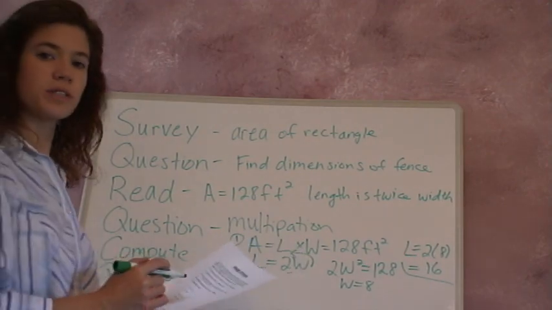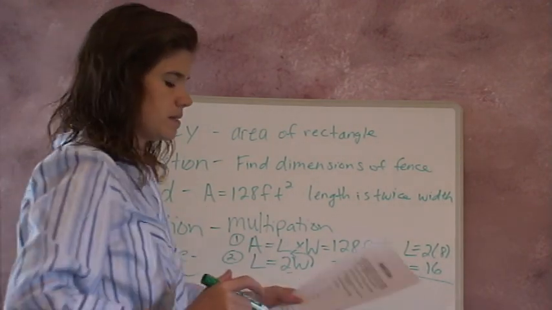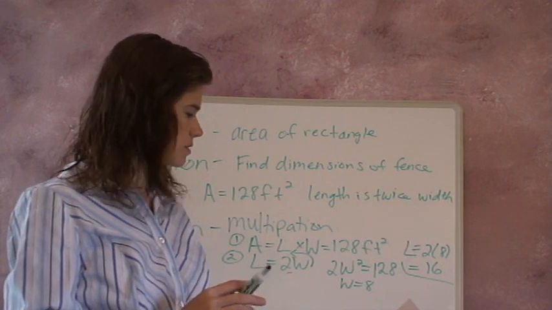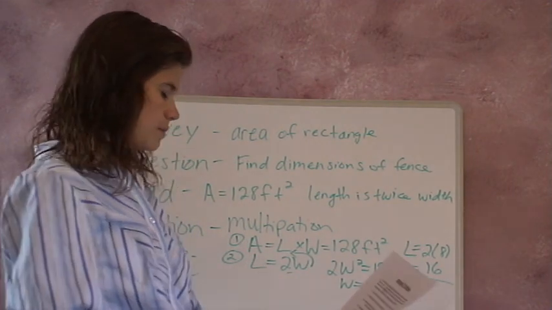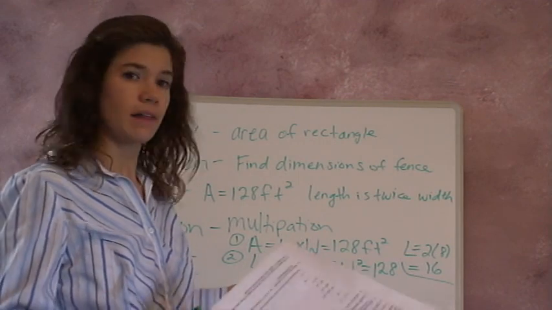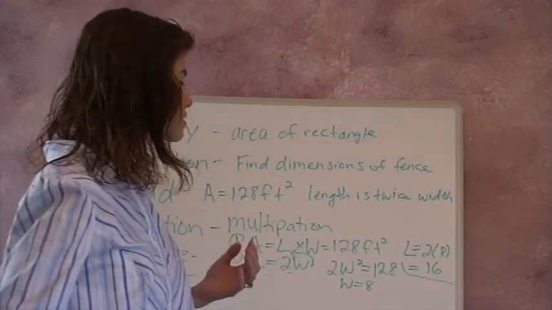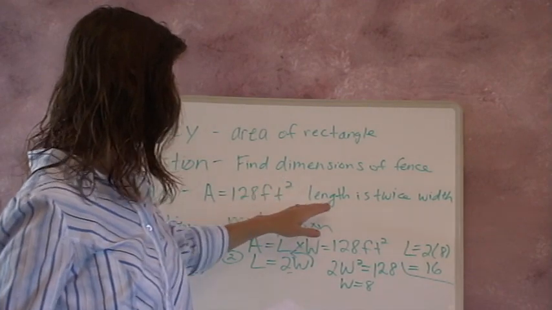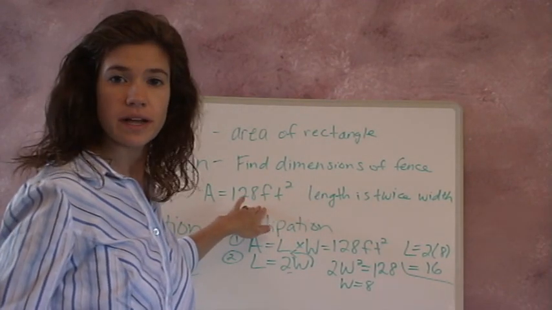And then finally we're going to question. Let's see, does this seem right? Is this a reasonable answer? Well, let me look. 16 feet by 8 feet, that seems pretty reasonable. It's not like 1,000 by 2 or something. It seems reasonable. And let's see, we knew that the area was 128 square feet, so